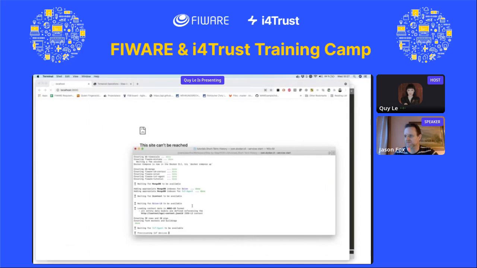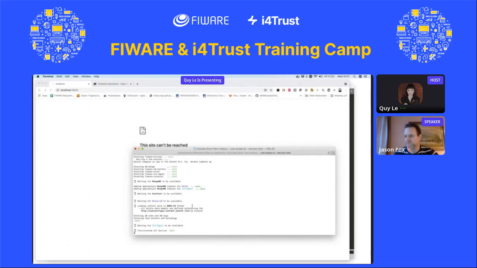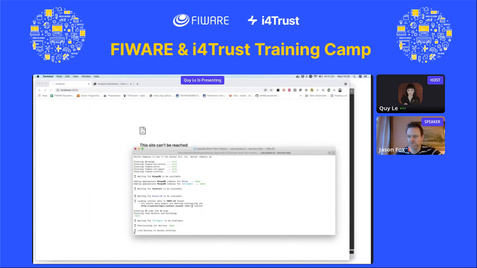Oh, still provisioning devices. Okay. So we're going to wait for a short period whilst the thing's actually loading up. Obviously, it's creating the scenario I'm talking about. It's created 30 cows and pigs. It's linking devices. Obviously we have a device which is recording the heart rate, but also we want to have